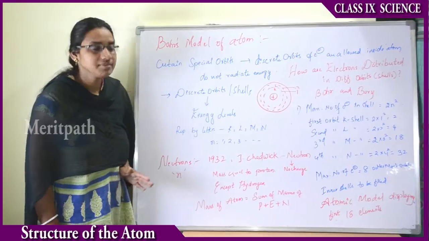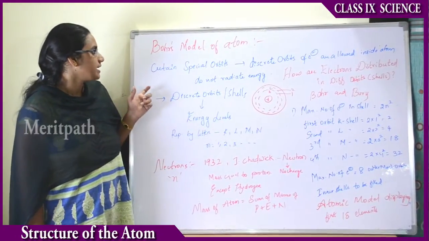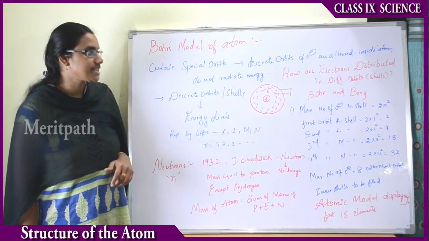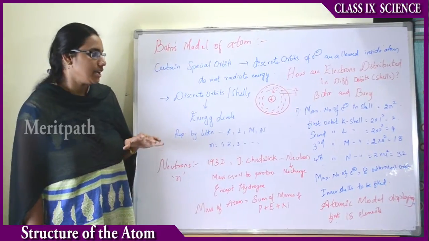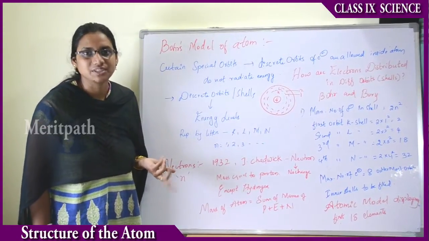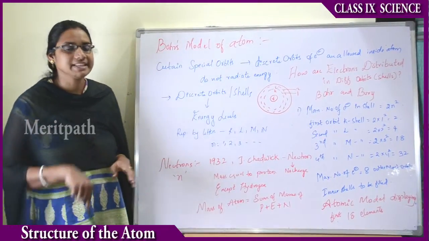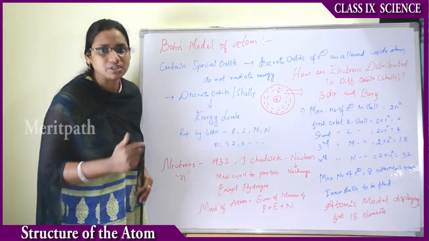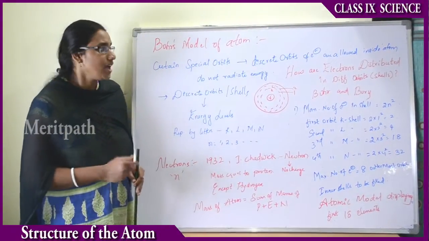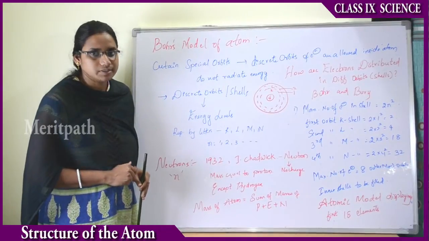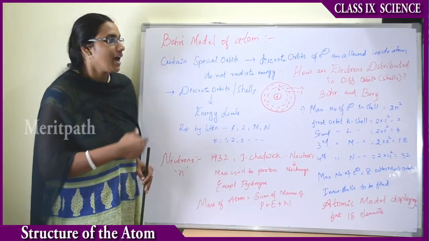Model of atom. This model is described or given by Bohr, the scientist. He had given this model in order to eliminate the drawbacks in Rutherford's model. That means he was trying to improve Rutherford's model, in order to decrease those drawbacks. The drawback we learned in the Rutherford model is that the atom will be unstable because of the electrons